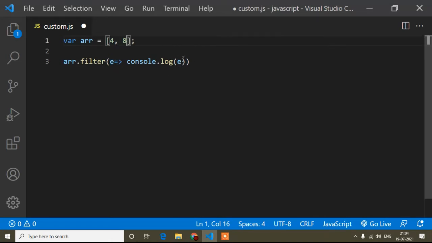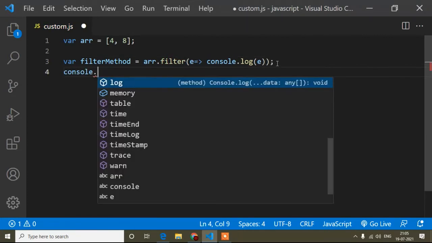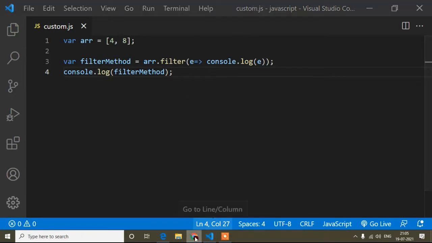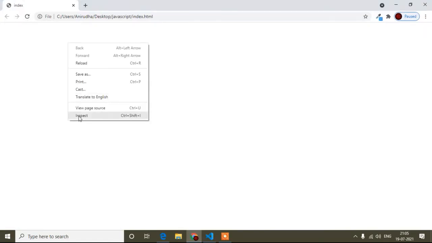So I have logged this e, and now after using the filter method I will store it in a variable. The variable name I will write is filterMethod, and I will console.log this filterMethod. Now save, refresh, and open the console.